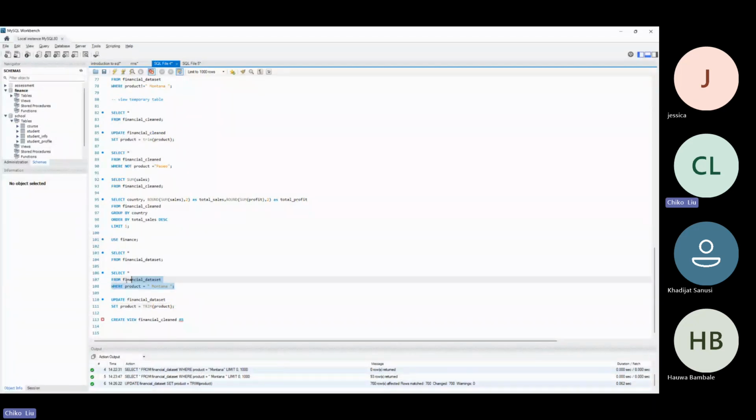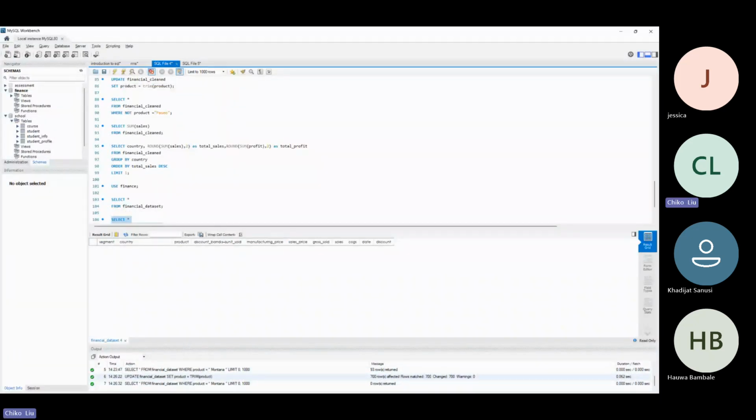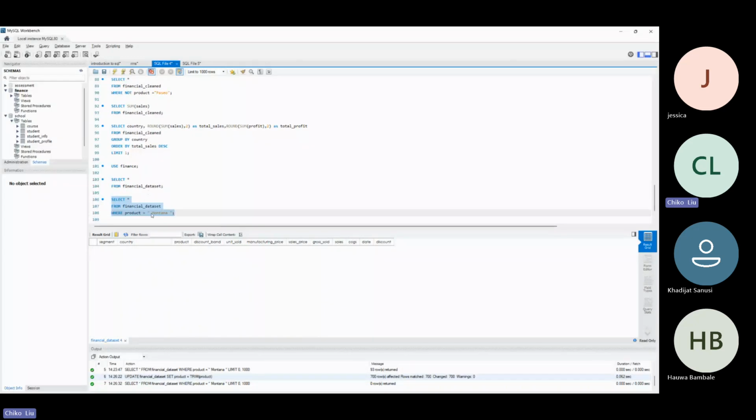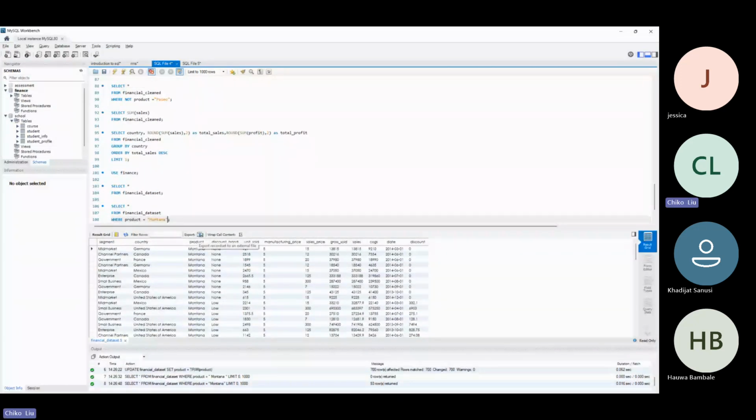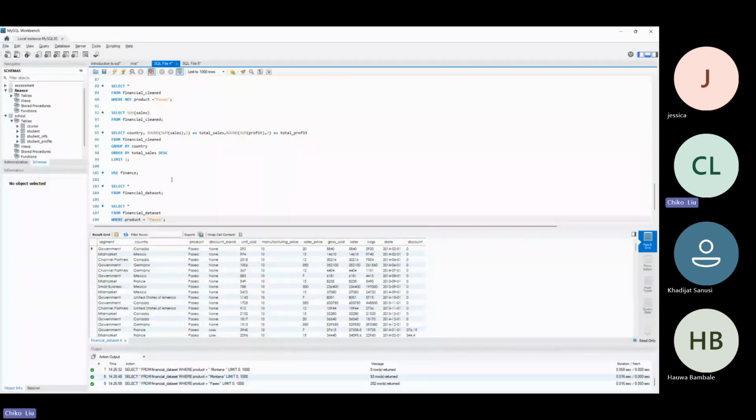Now, once I run this select statement where product is space Montana, then space, enter, it will not give me any value because I've entered the wrong entry. But once I remove the white space, enter, you can now see it. So it means I've corrected it, and we can test it with Passio, which is another product, and see if it works. So now that we are done,